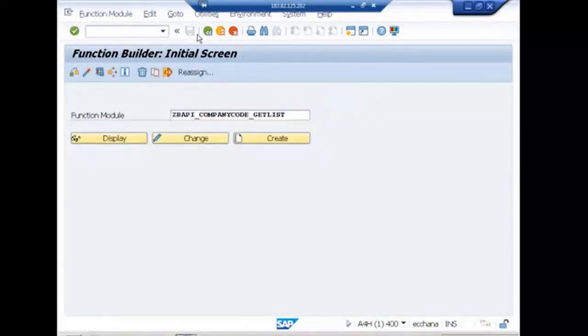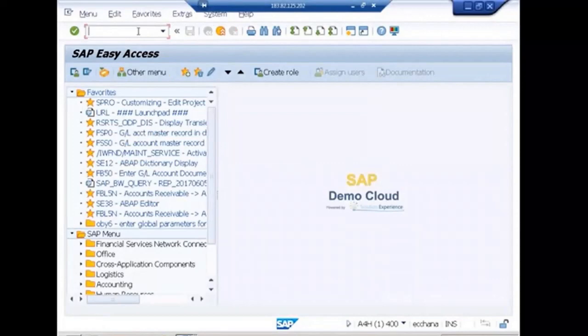So the ABAP consultant will have two things, two function modules. One is the standard function module, another is the modified function module. The standard function module will return all the company codes, and the modified one will return only the company codes depending on the range. So from the SAP system, we have access to both the function modules. But